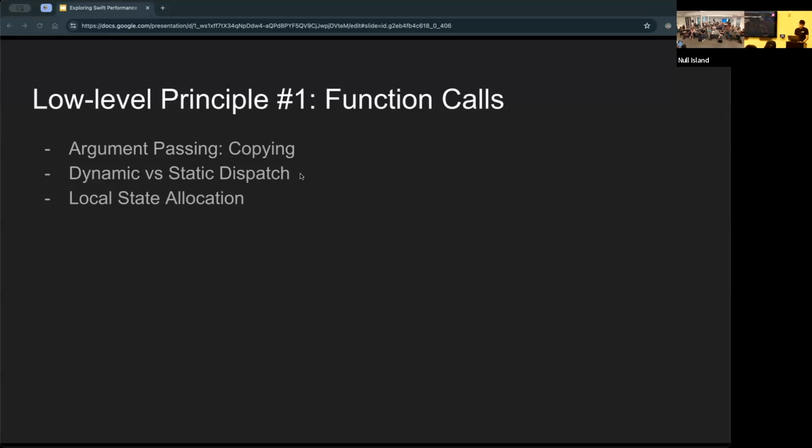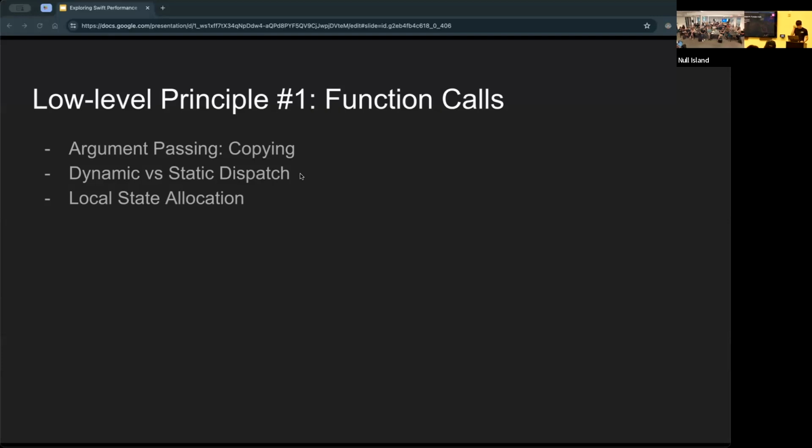Static dispatch calls always go to a specific function definition, and the compiler can inline and optimize it because it can see its definition. Dynamic dispatch is a little bit more expensive because you have to look up the V-table. The call can go to different function definitions, and the compiler must make conservative assumptions about the call. This is more expensive, but that's what enables polymorphism and makes it more abstract when you're making